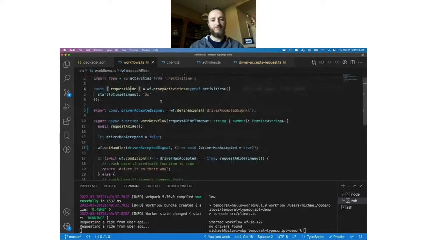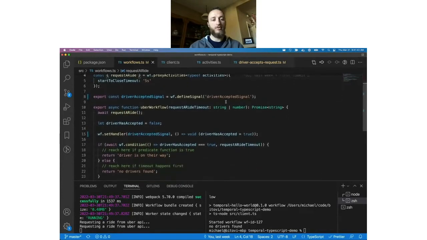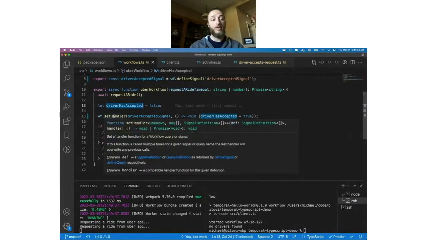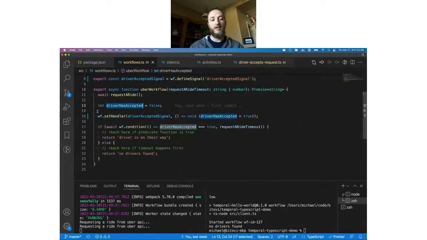Once that's finished, we're going to set up some state to track whether or not a driver has accepted the ride. I'm sorry, IntelliSense keeps getting in the way. And then we're going to set up a handler for a signal. A signal is just a way for outside processes to get information into a currently running workflow. In this case, it would be a driver accepting the request and letting the system know that we can go